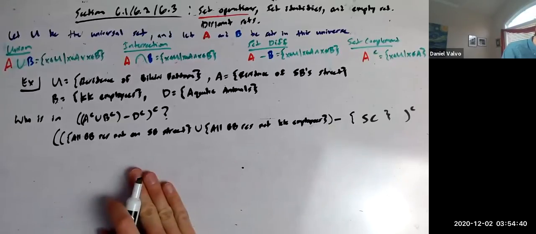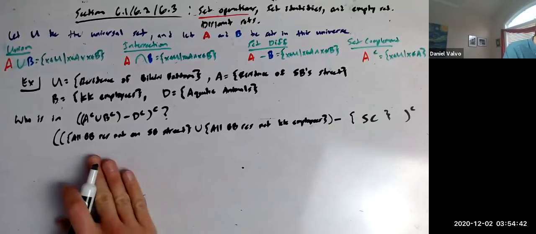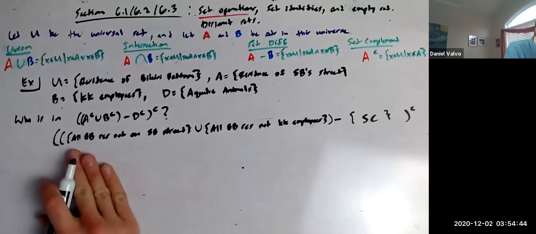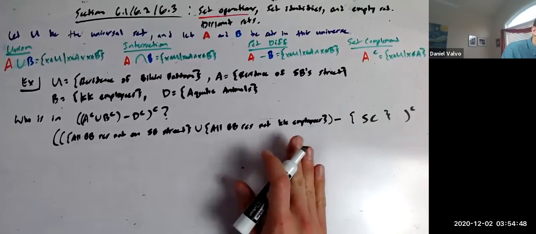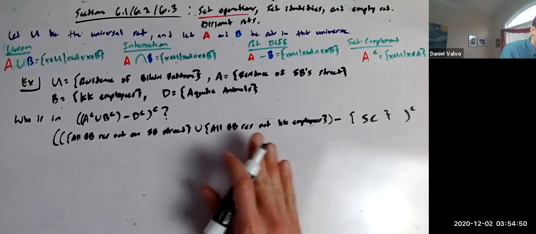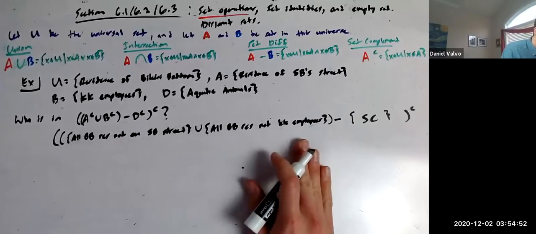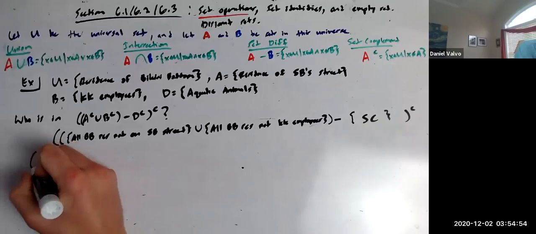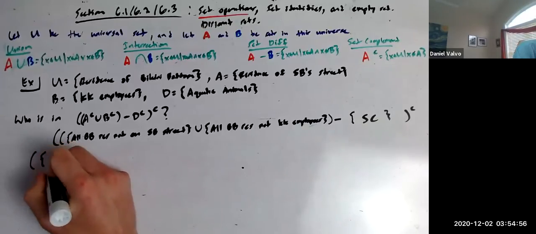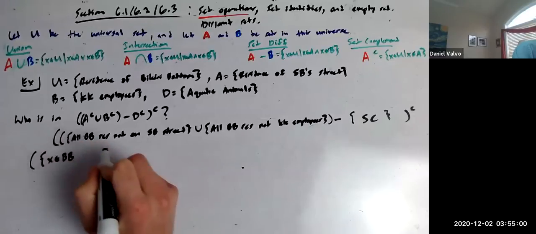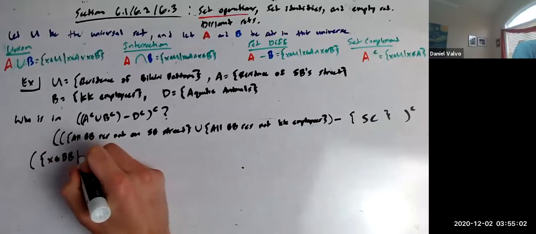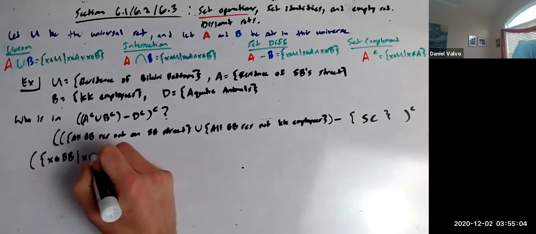Anyway, so we have this right here. And now if you look at it, all BB residents not on SpongeBob Street, union all BB residents not Krusty Krab employees. Let's think about what this is for a second. Putting this together, just by the definition, this would be all X, so all residents of Bikini Bottom, such that X not